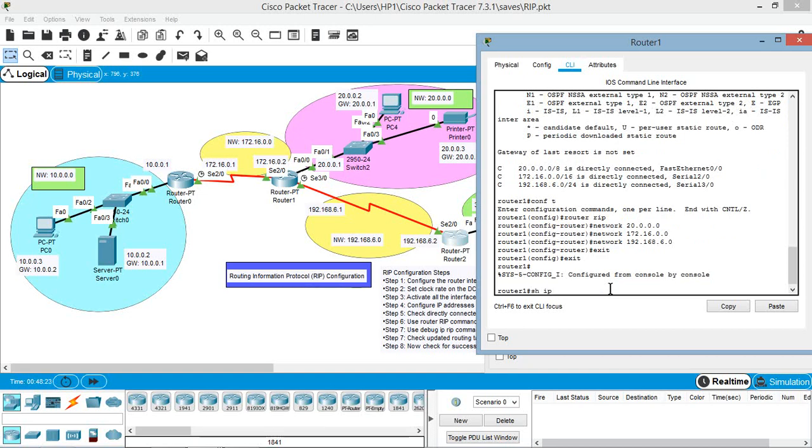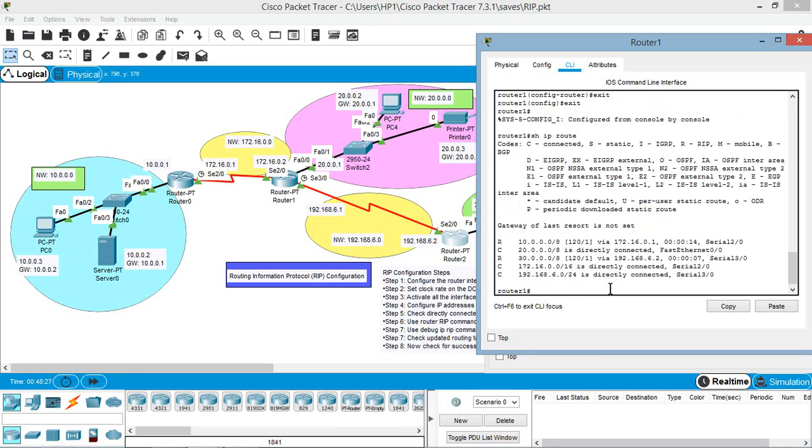So here also you can see the routing table updated using the RIP protocol. Some of the entries are with R and the others with C. C indicates the directly connected path, and you can observe here the hop count for each entry. In the first entry the hop count is 1. In the second entry it is directly connected. In the third entry you can see the hop count of 1, and you can see the via interfaces also.